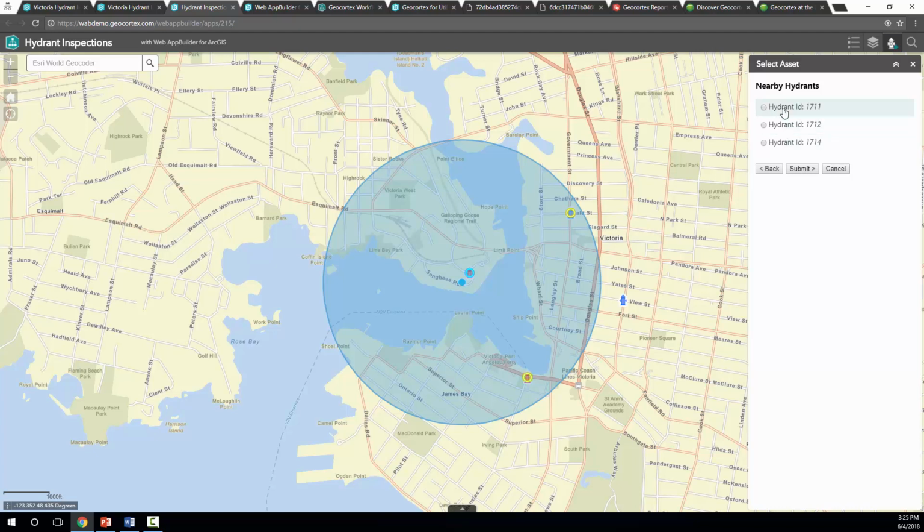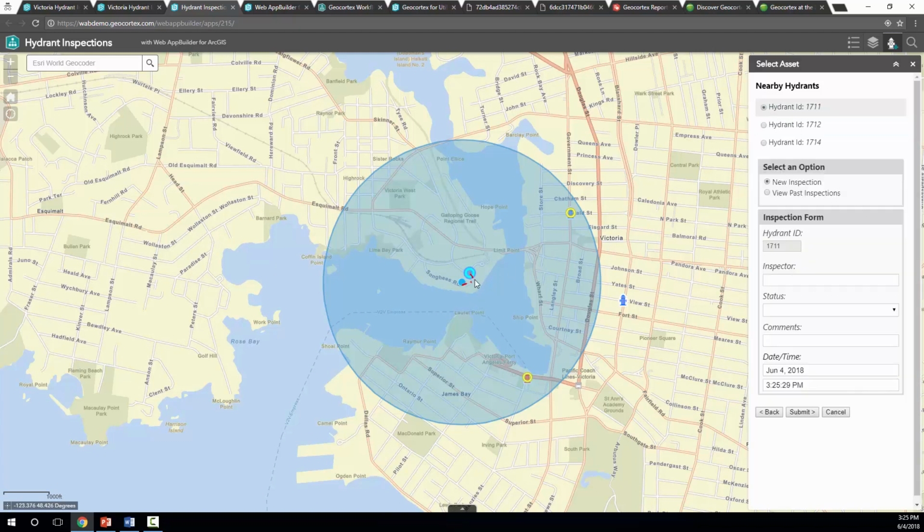So I might want to see, how do I get there from this location to there? You'll see it's just automatically routing me to that location. So again, I'll just have to walk left along Songhees Road to actually get to that hydrant. But if I selected this hydrant over here, it'll provide me with a different route. So again, you're able to call a number of different GIS operations using workflow technology to perform a variety of